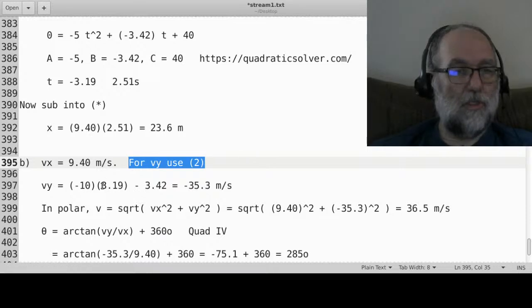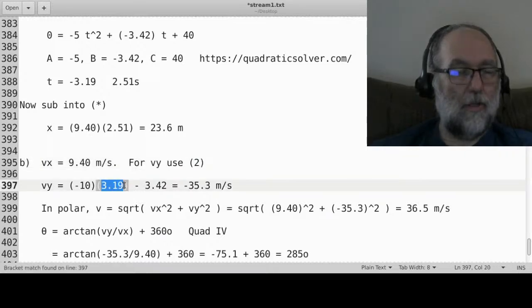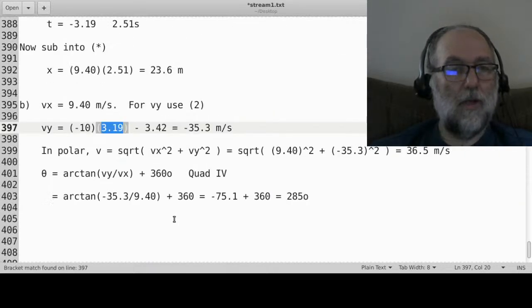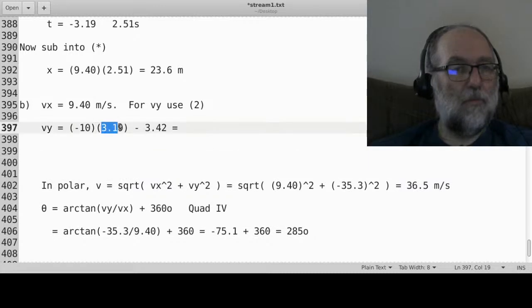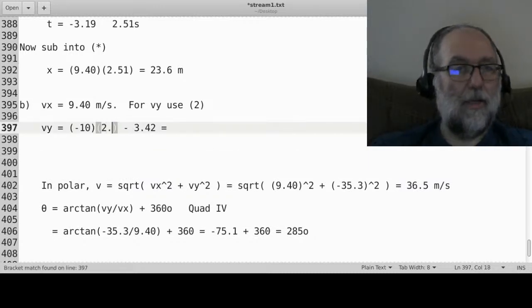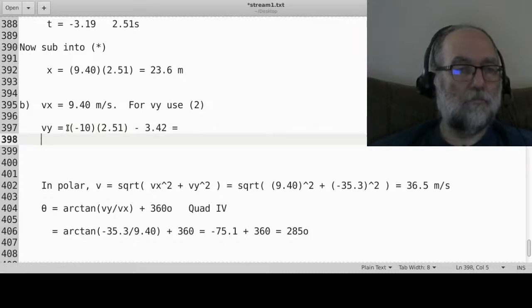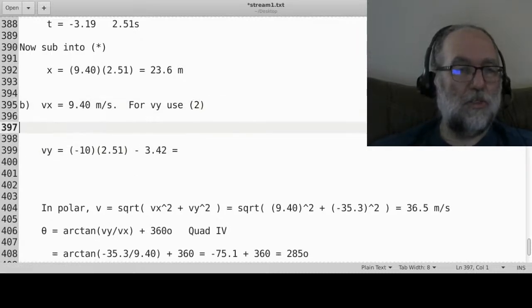And there's equation number 2. And I have the wrong number in here, don't I? Yeah, I have the wrong number. I apologize. Hold on here. Why do I have 3.1? I don't know. I made a mistake. That's okay. I caught it. Okay, like that. So equation number 2,